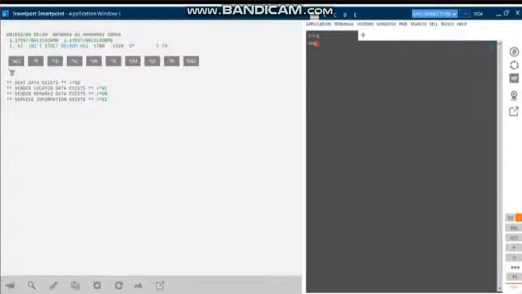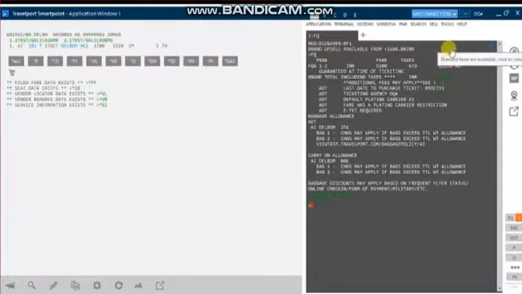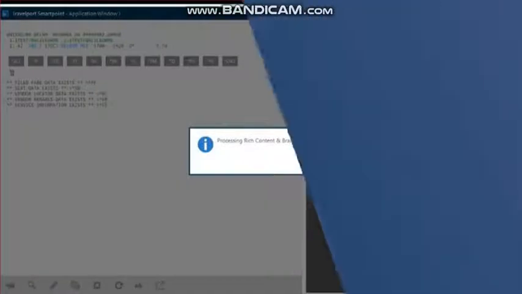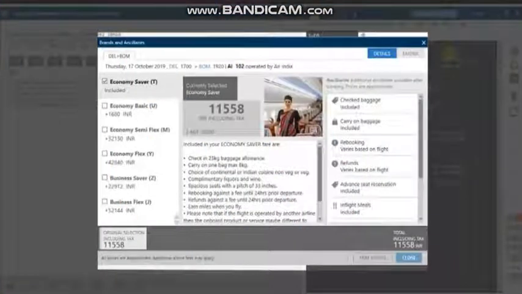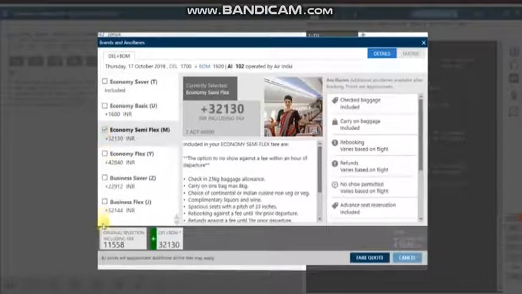If you wish to upsell, go to Brand Fare by clicking on View. This will open rich content and branding information on the carrier booked. You can see that this airline is offering various brands. Let's say the passenger wants the economy semi-flexi fare. Choose the same and see the additional amount to be paid on the original fare, and to select it, click on Fare Code.